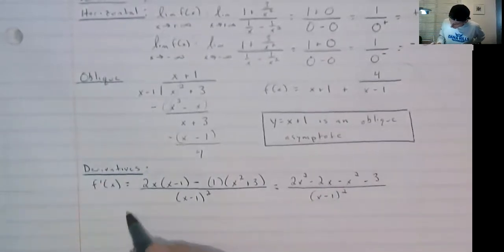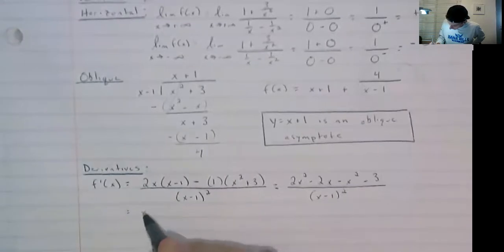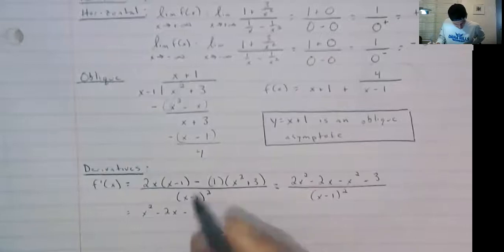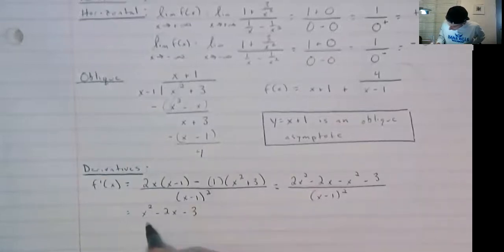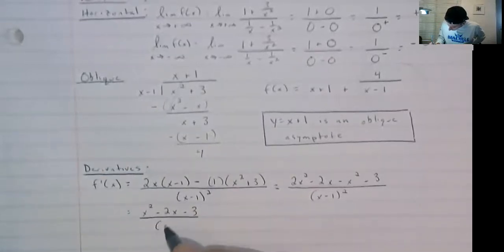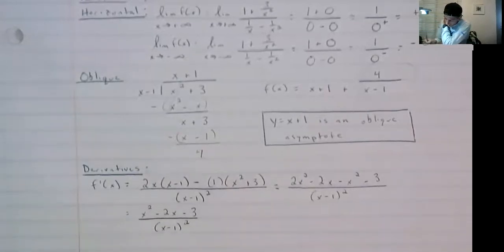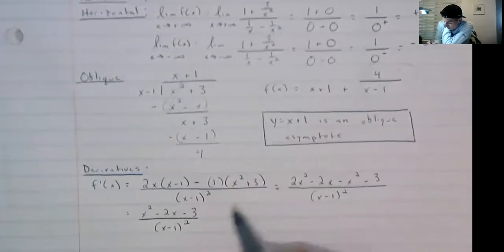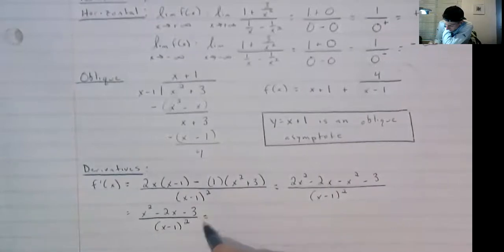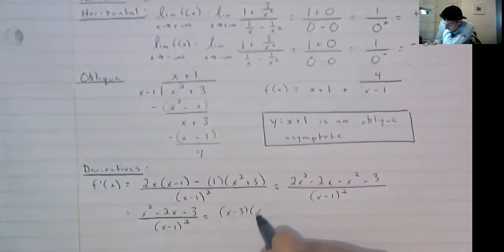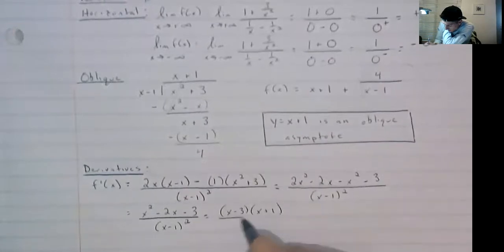Doing some simplifying, we get x squared minus 2x minus 3 all over x minus 1 squared. And I'm just going to factor. Oh, beautiful. It does factor into x minus 3 and x plus 1. And this is x minus 1 squared,